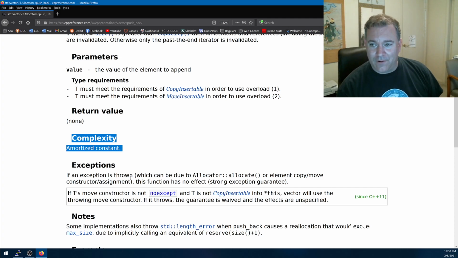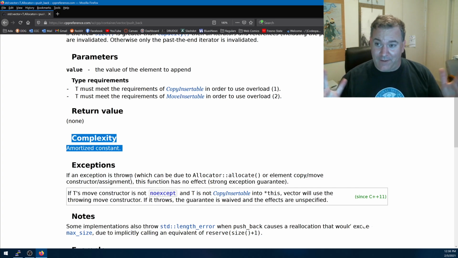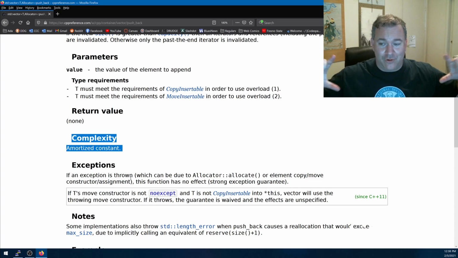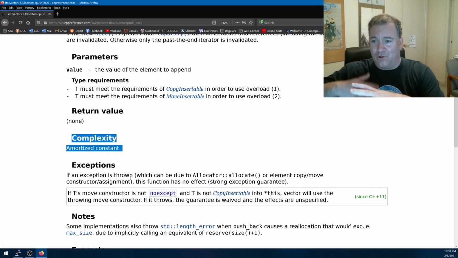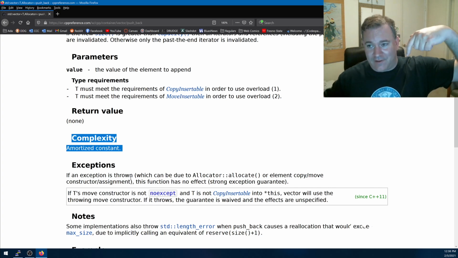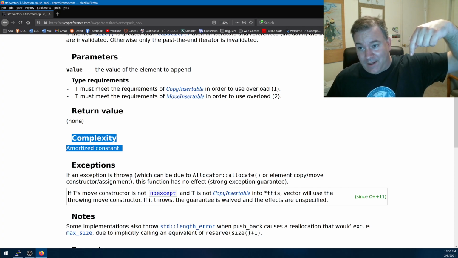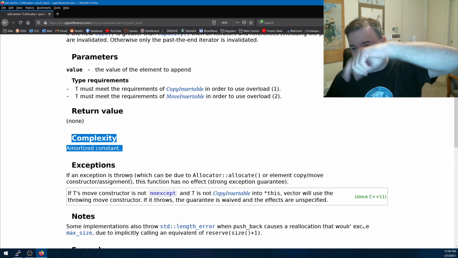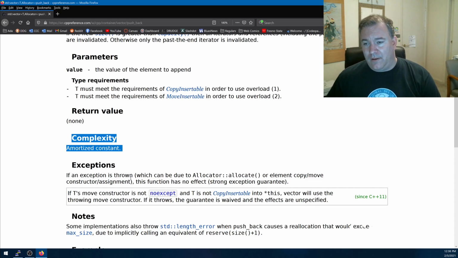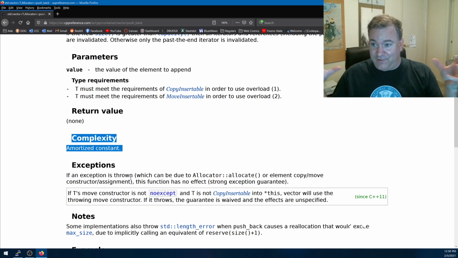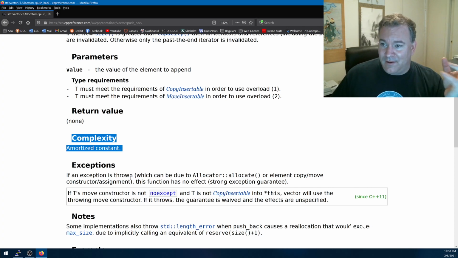Now, as it turns out, growing arrays isn't actually a thing. What happens is a vector behind the scenes has an array, and usually this array is twice as big as what you need. And so as the array fills up, pushback, pushback, pushback, order 1 time, order 1 time, order 1 time. It just has a pointer. Remember, it's got an end pointer, a pointer to the end of the array. And that's why it returned 0 last time, because I outputted the value of end, but it actually is secretly in bounds,